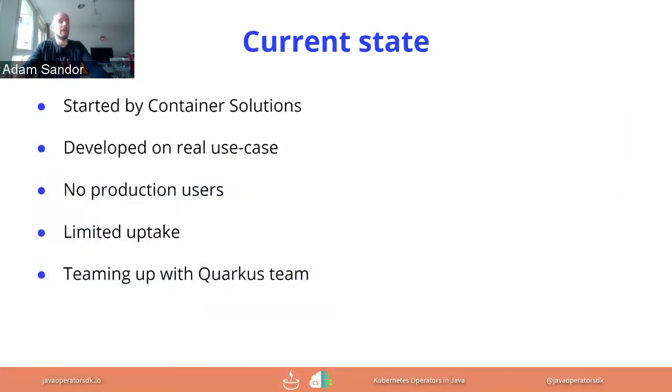So to sum up the story of the SDK, it was started by Container Solutions nearly 2 years ago. We started developing it on a real use case, but currently we don't have any production users that we would know about. Our uptake is not amazing yet, but we hope it's slowly getting better and better. We are getting more and more contributors also, so that's looking really nicely,